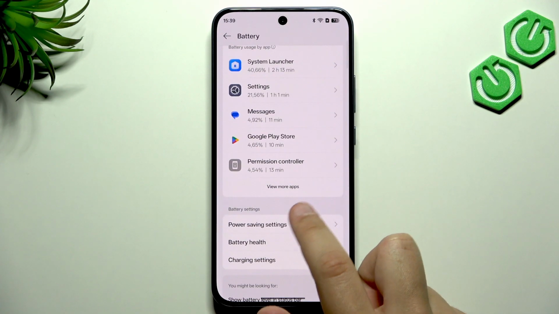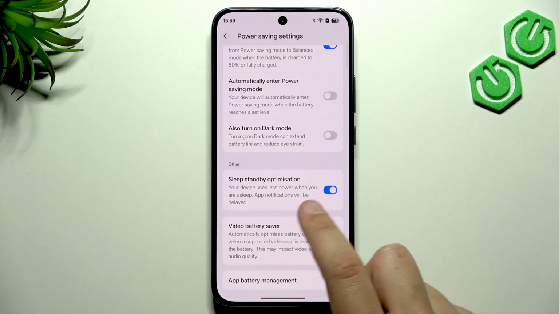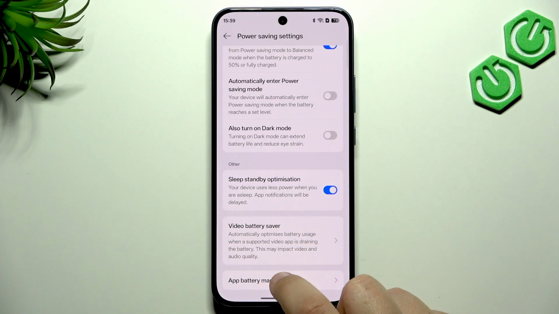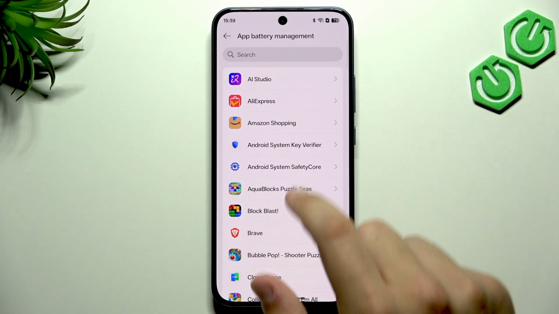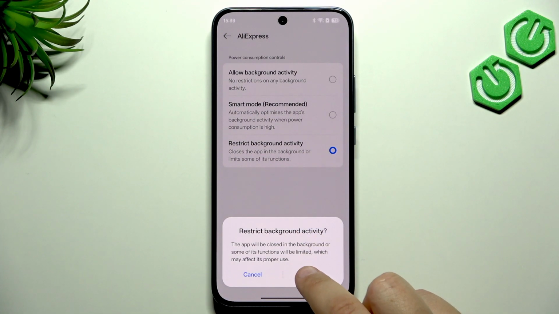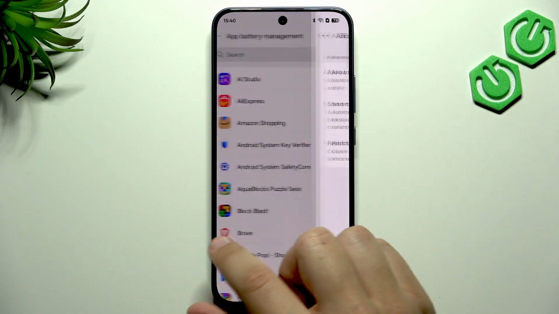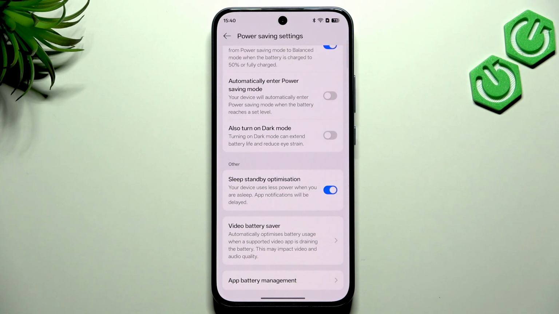And here what we can do is go over to power saving settings. Of course, we can enable sleep standby optimization and go to app battery management. Now here we select an app, for example, and we restrict the background app activity. So we want to restrict them so they are not working in the background and they are not draining our